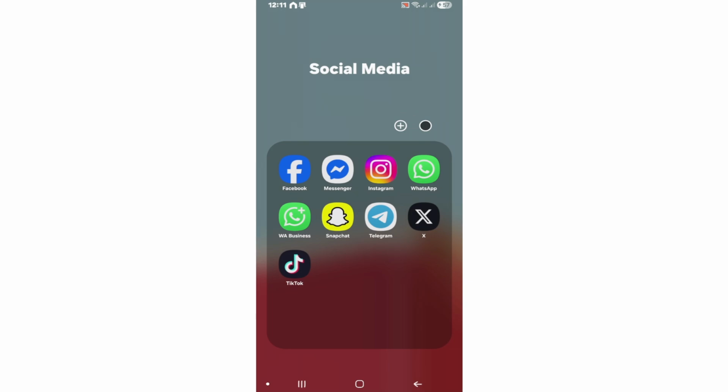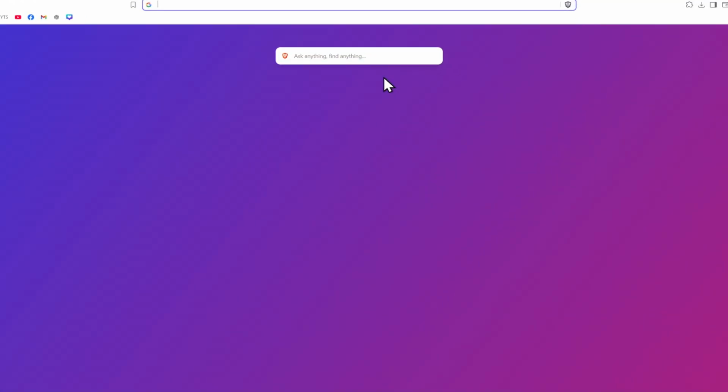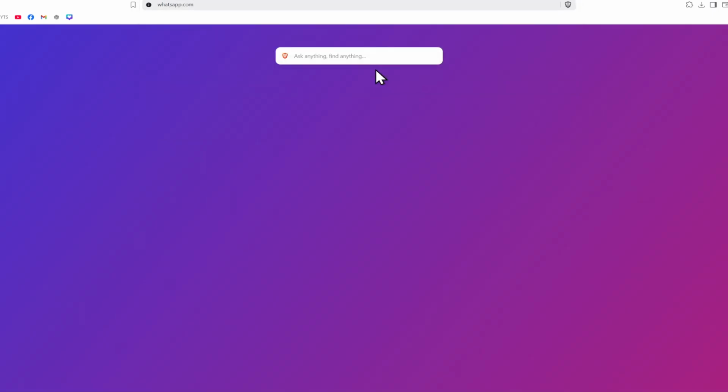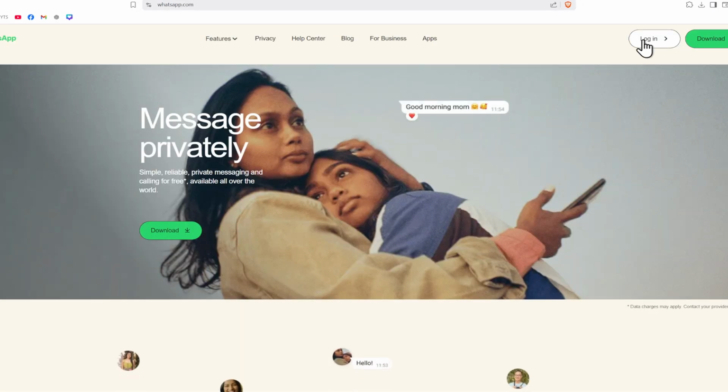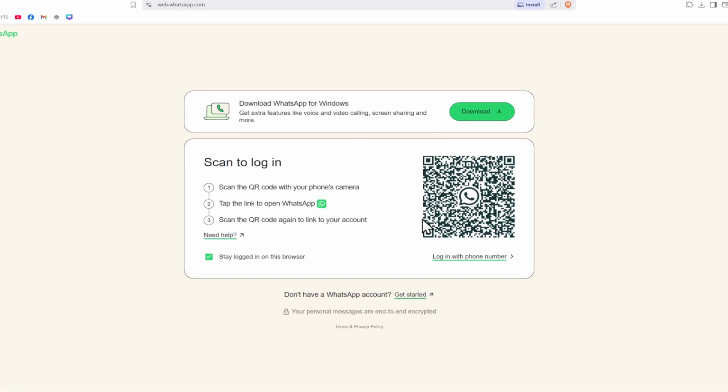Now, first option, you can go ahead and open up a web browser from your computer if you do have one. Okay. Open up a browser. Now go to whatsapp.com. Alright. Wait for it to load. Now you're going to want to log in and just scan it, okay, for you to be able to log in. Or if you do have the WhatsApp app from your computer,